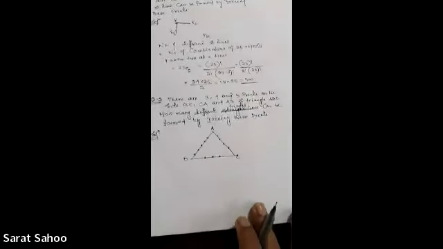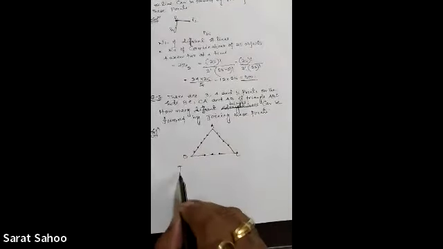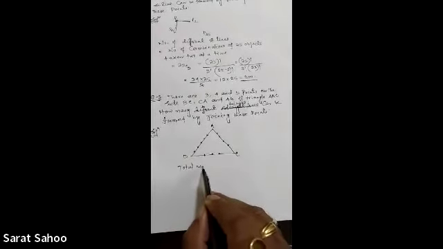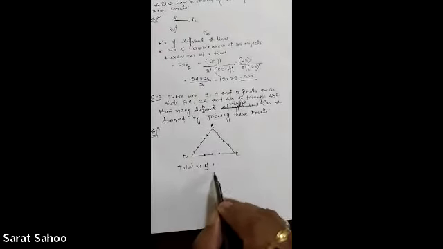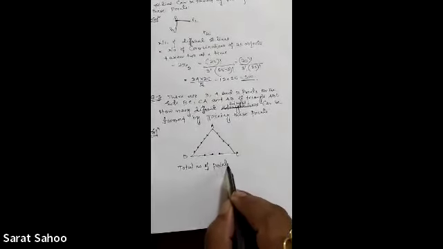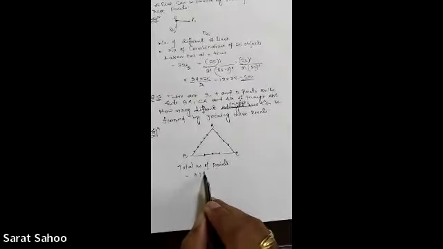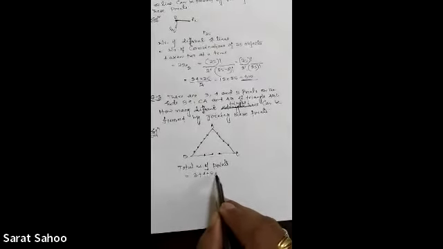So total number of points is equal to 12. So number of triangles is equal to